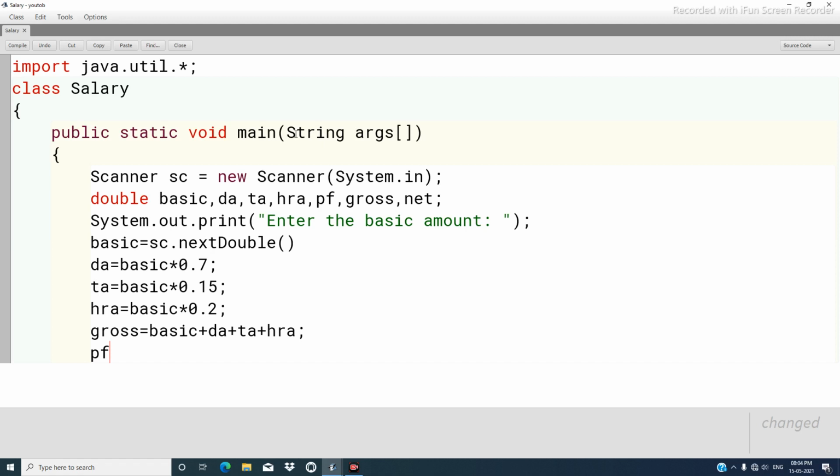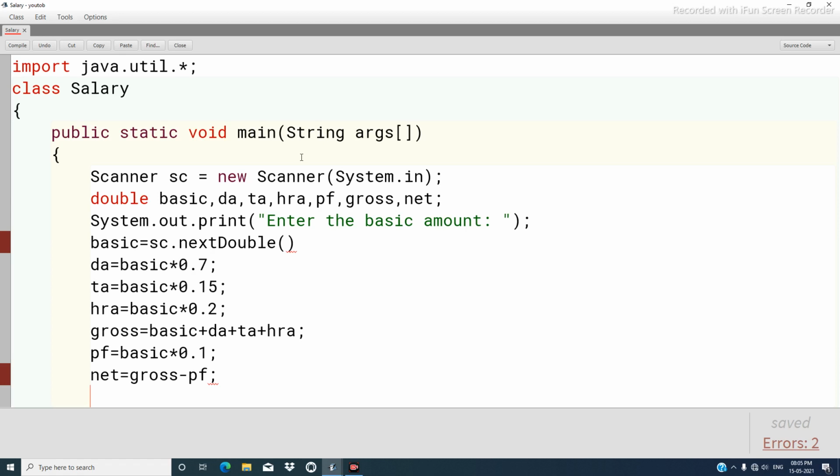So PF is equal to say 10% of basic. So it will be basic into say 0.1, that is 10%, and net salary is equal to gross minus PF. So PF is a deduction.